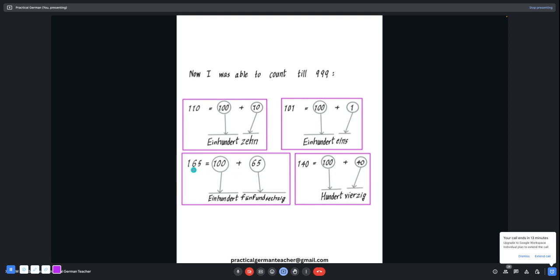For example, if you will say, okay, why did you not divide this into like 100, 60, and then 5? But you already know how to say 65, right? And why should I divide it, so I hope you get the idea, right? So why didn't I write 100 plus 60 plus 5? Because you know how to say 65, right? So 165 is 165. You can apply this rule to any number.